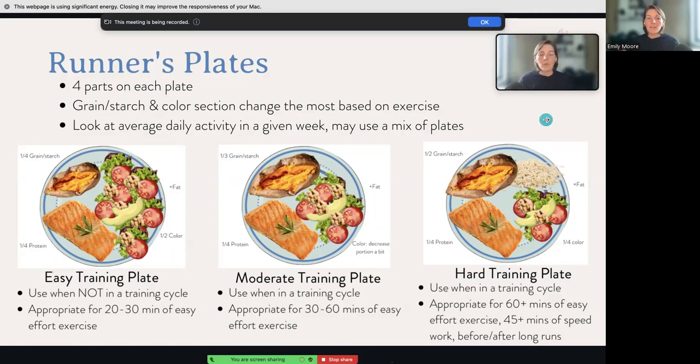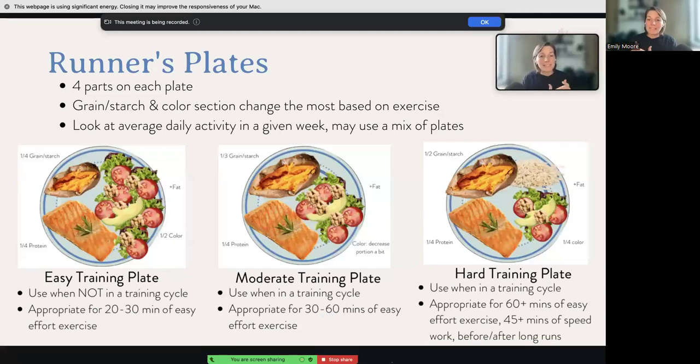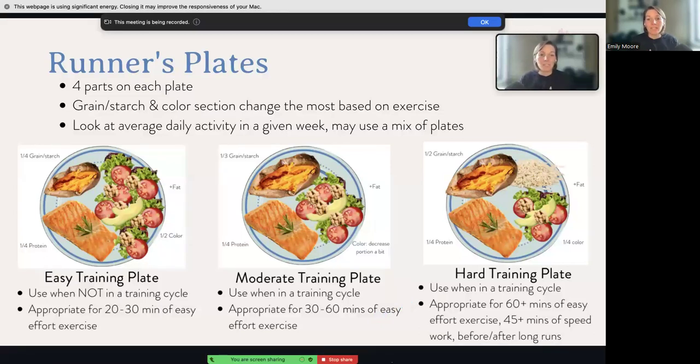Now, what I encourage you to do is look at your average activity or average exercise that you're doing during the week. What does that look like? Do you fall more within this 30 to 60-minute range? Then use that moderate training plate during the week to set up your plate. Now, I know that your long runs are more than 60 minutes. So what you'll do is, depending on what day is your long run, let's say Saturday is your long run,